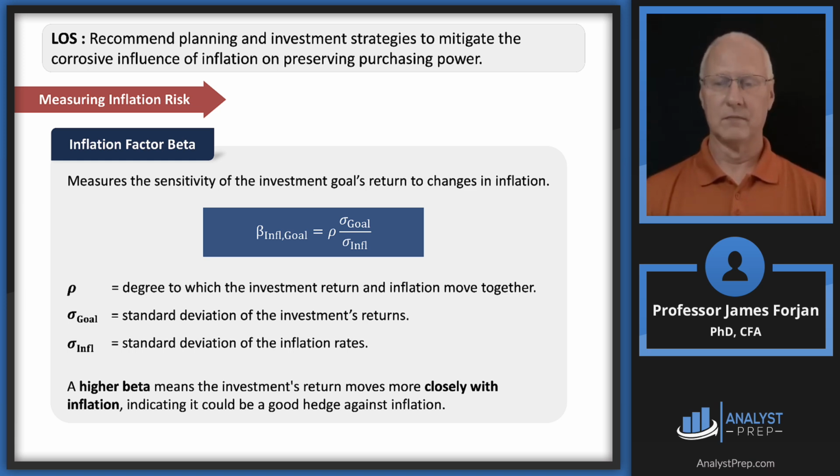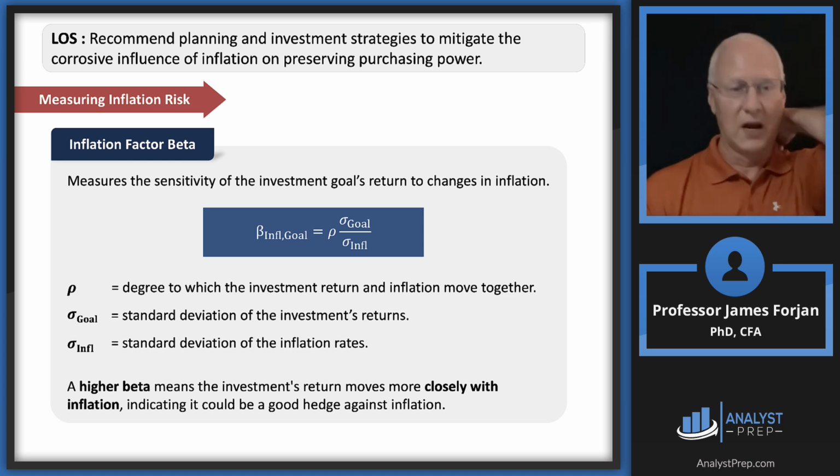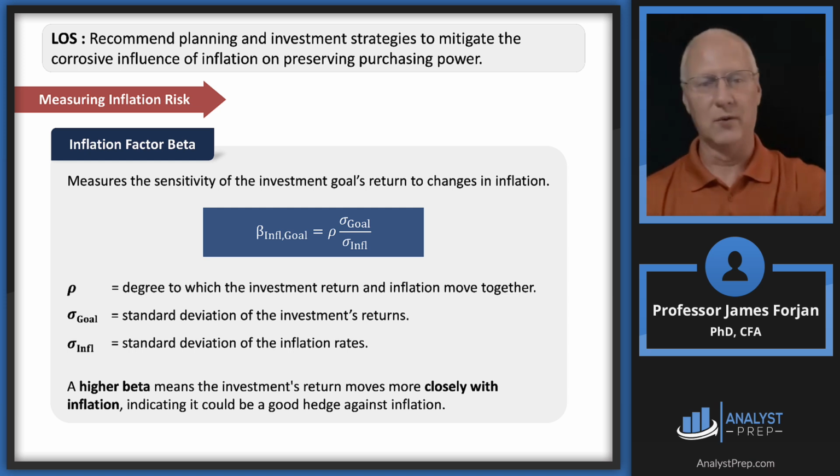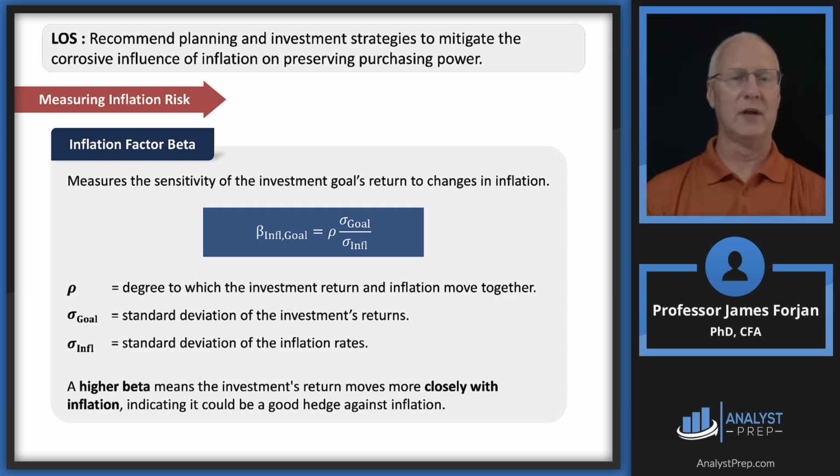a nice fillet steak is $50 a pound instead of, whatever it is these days, $20 or $25 a pound. So you have this compounded effect of anticipated and unanticipated inflation. So we need some kind of a metric to do this. And of course, let's go back to level one.